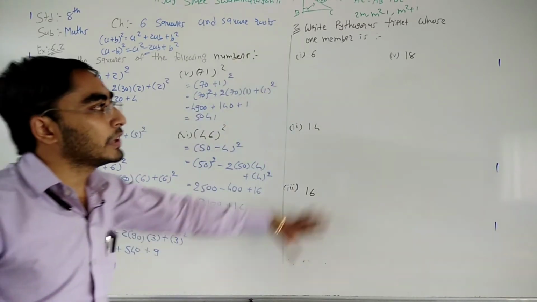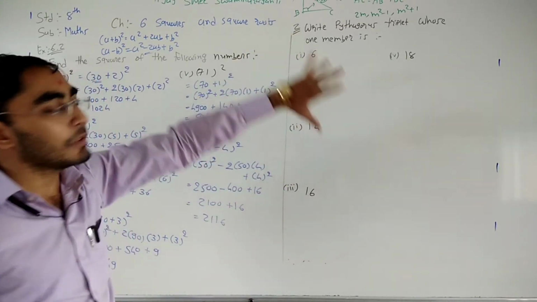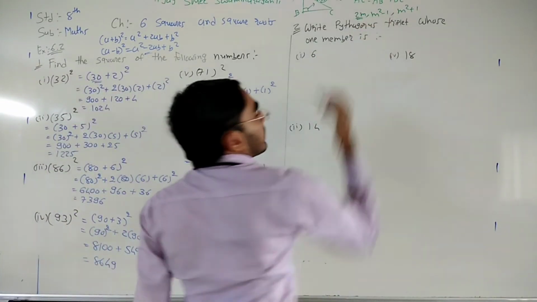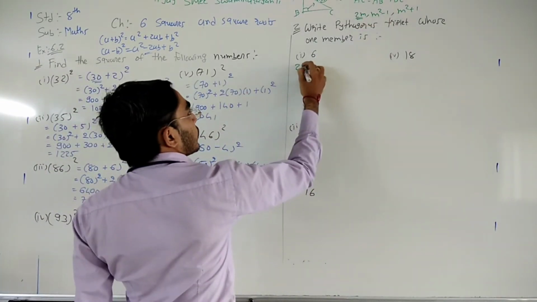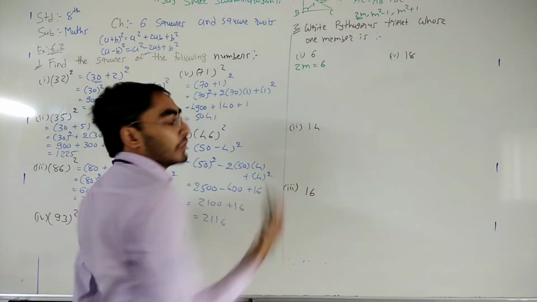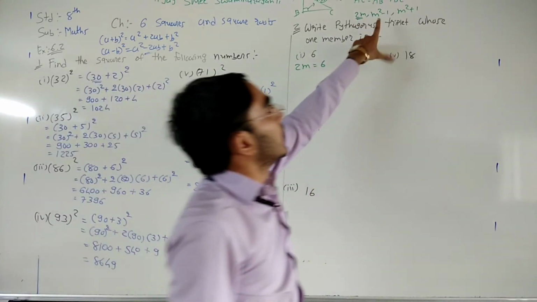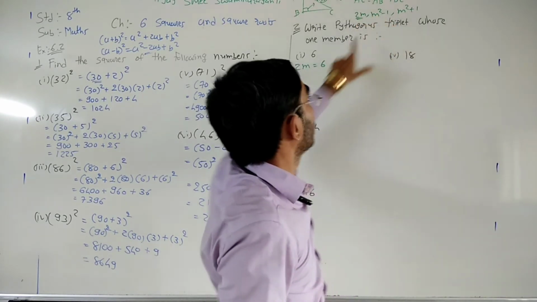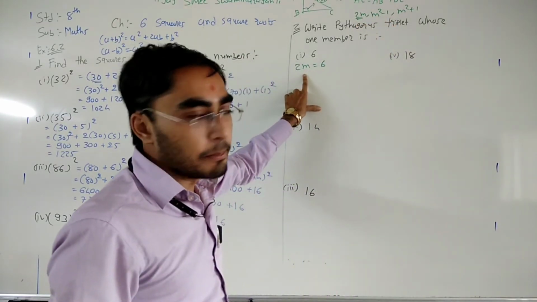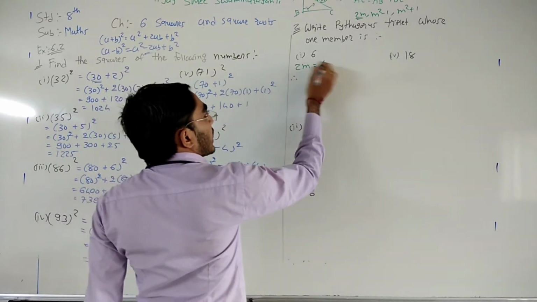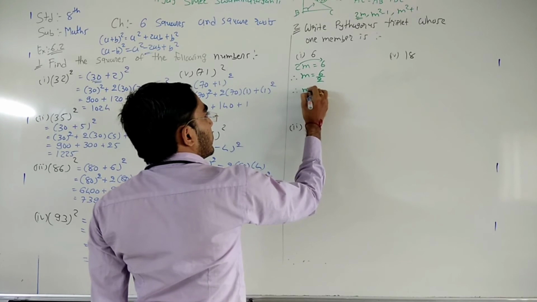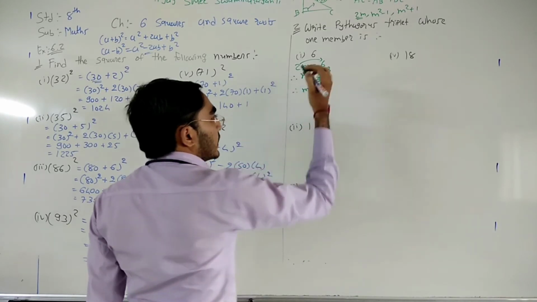So here we have one side, and from that we need to find the other 2 sides. So this side is equal to 2m. Okay, so 2m is equal to 6. That means one side is given to you. We need to find the other sides, and for that we want the value of m. So from here find the value of m. Transfer this 2 to the right hand side, it goes to the denominator. So m is equal to 6 by 2, 2 3s are 6, so 3.